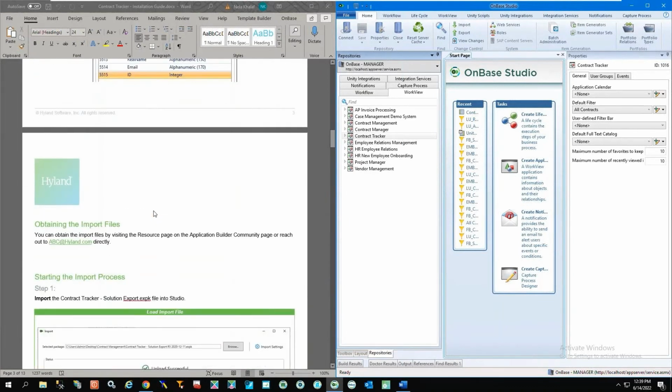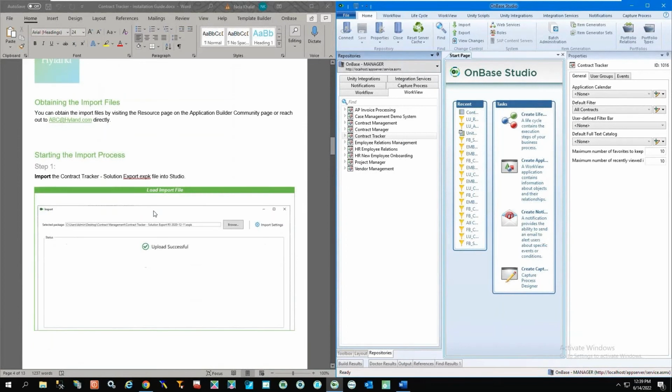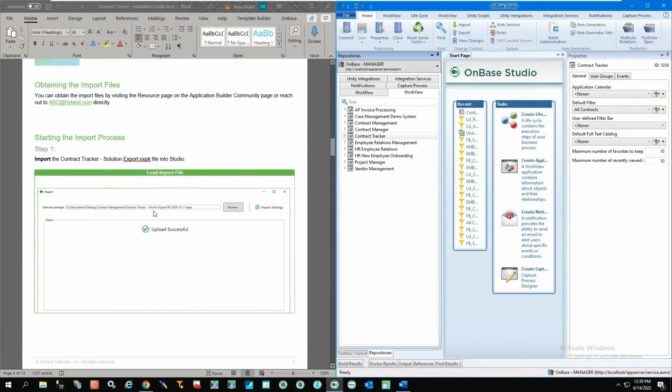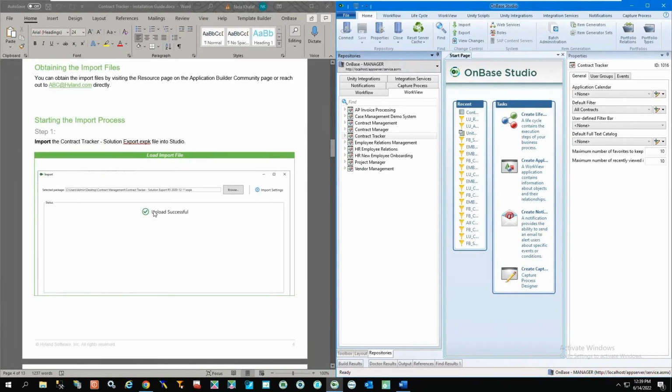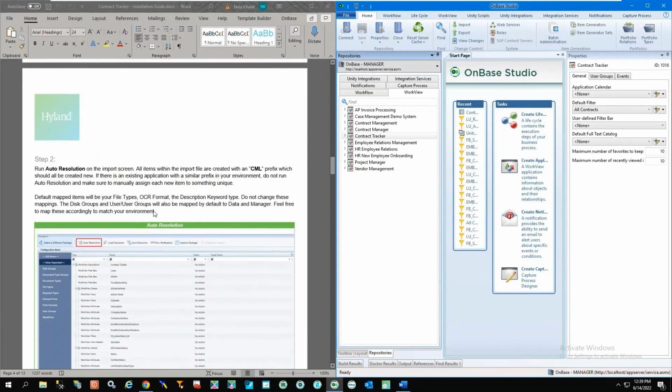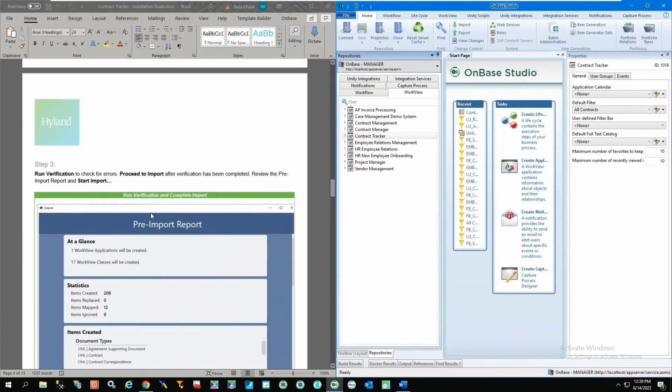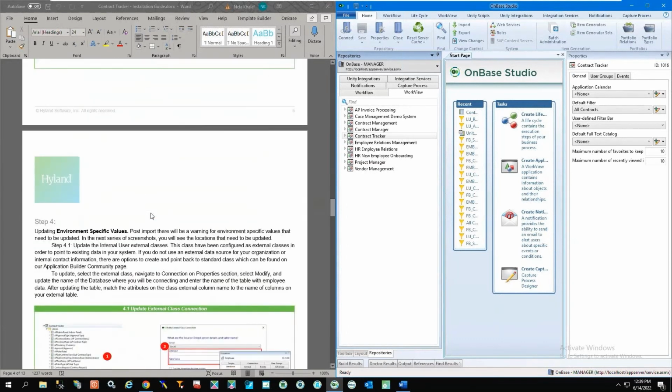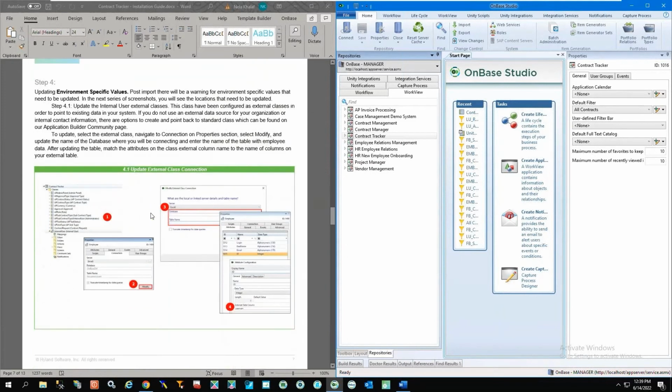And then we will start seeing some of the steps that we've already completed. So grabbing that export file and putting it into Studio, making sure that you run the verification and everything is successful. And that'll bring us to step 4, which is where we are right now.